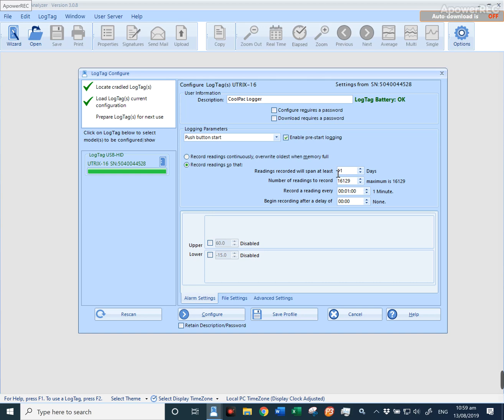Now this number will change with the duration of the intervals that we set this logger to. So for this logger, we'll have the readings recording every 5 minutes. And you can see that the span has changed to 56 days. Now another option is to have a delay start recording. So once you press that push button,